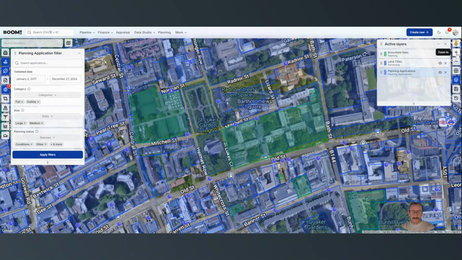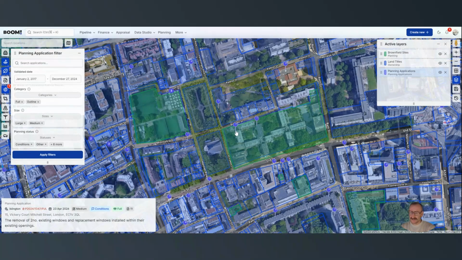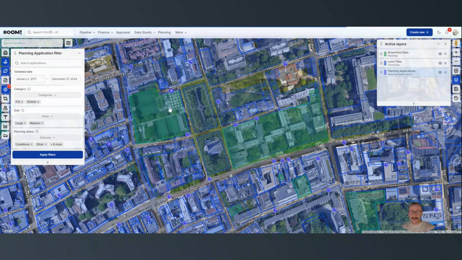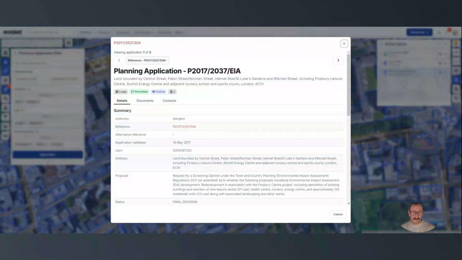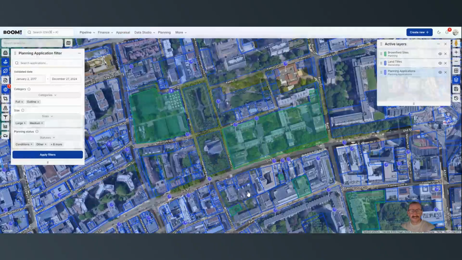If we were to interact with planning applications, you'll notice that there are some planning applications on that particular site. There are planning applications on this larger site here, which is for the Finsbury Centre project. There's 3 of those, and we can drill down through those as well. This one is for 3 blocks of 7, 8 and 20 stories, so that's a large development. So it's unlikely that those sites have any pipeline possibility, but this particular site here, you'll notice